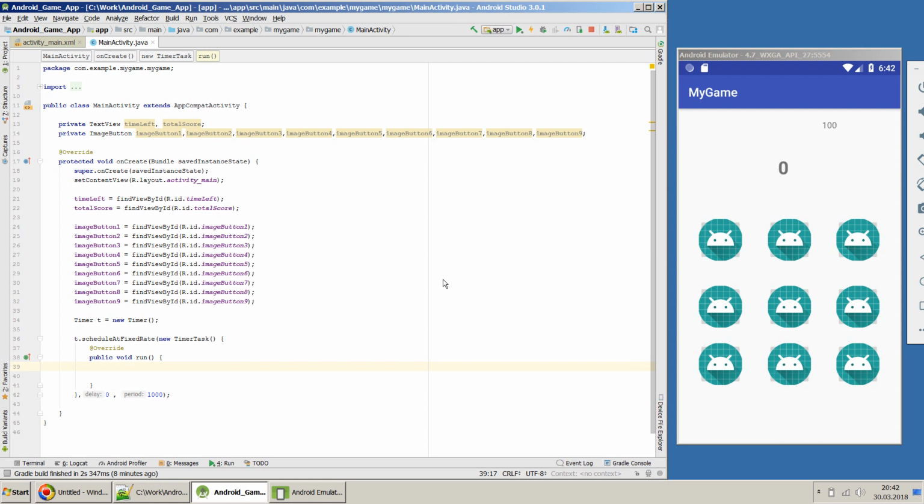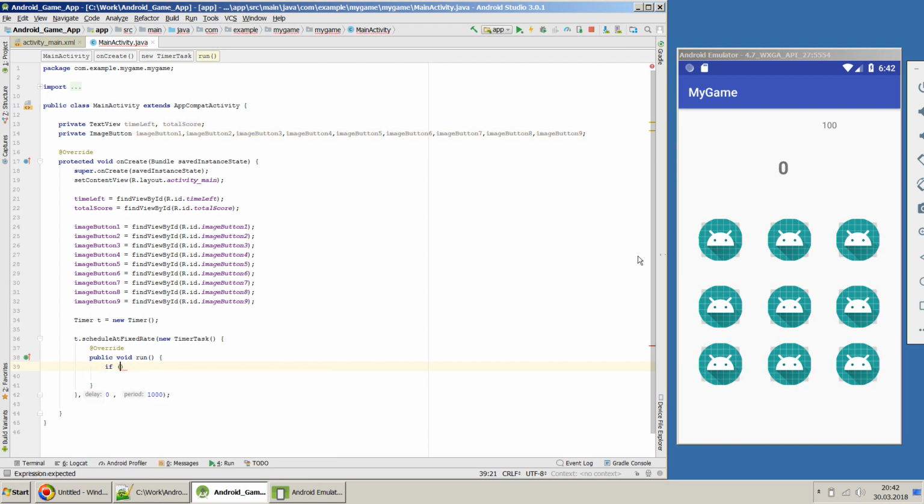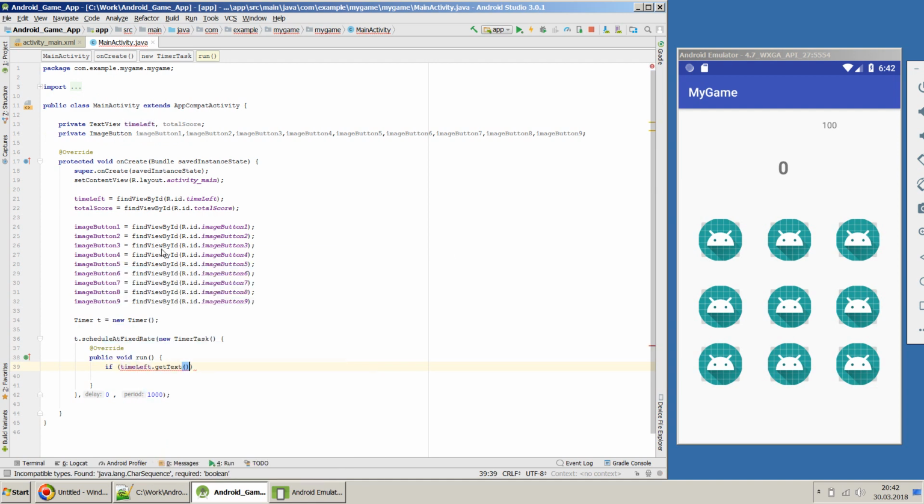We'll keep a check whether the value of this text box goes to 0, and of course we will decrease this later on. So first put a check, and that value comes in this timeLeft object. So we keep timeLeft and getText, and we compare it with